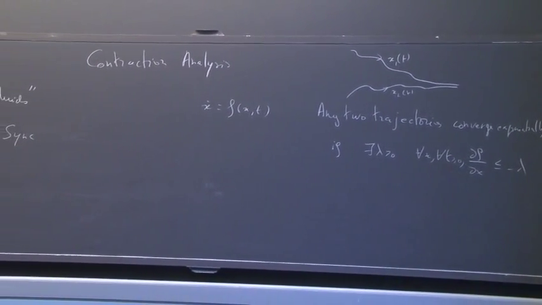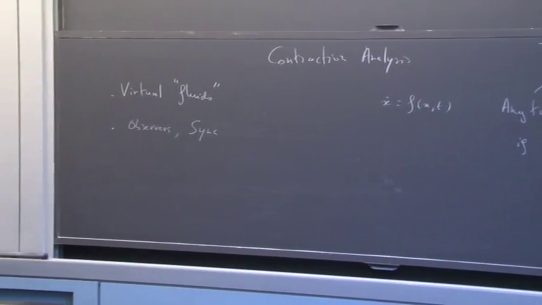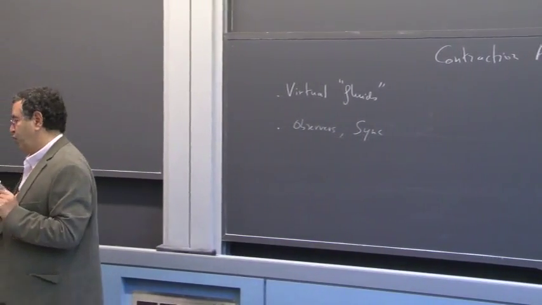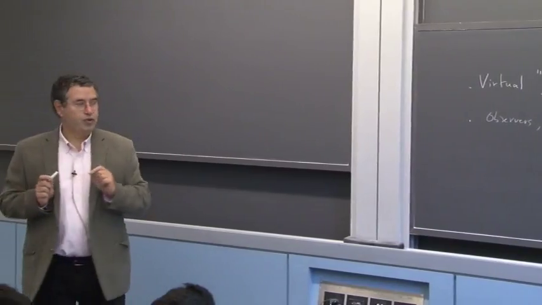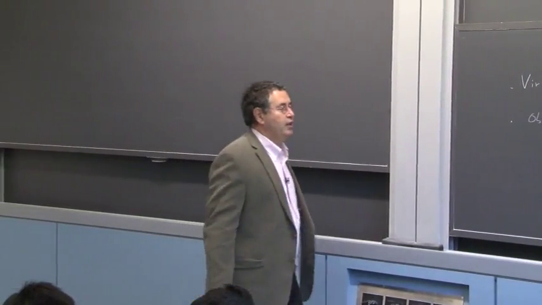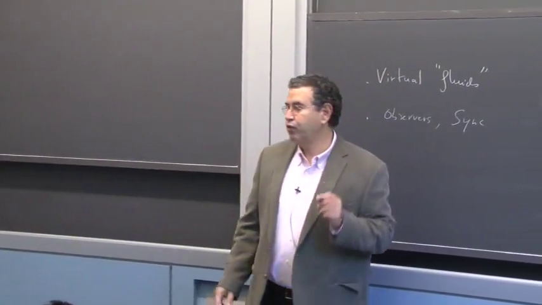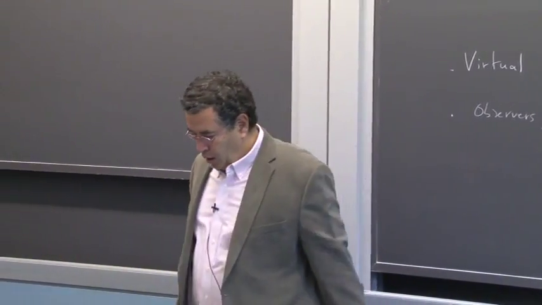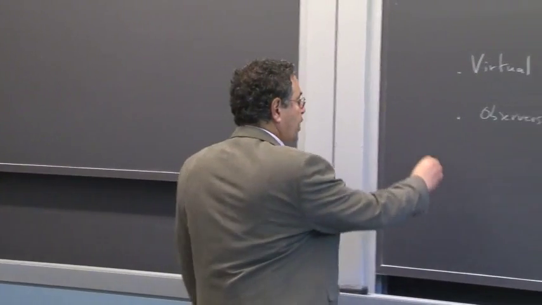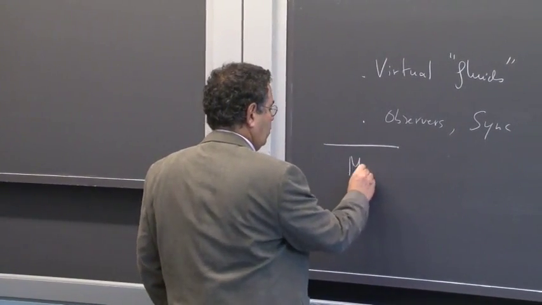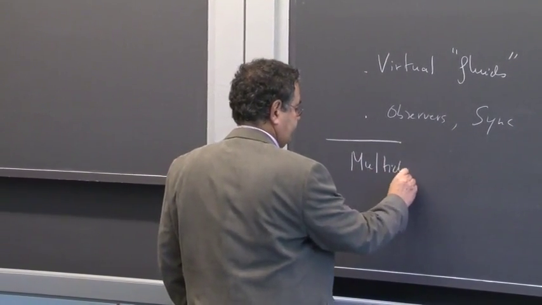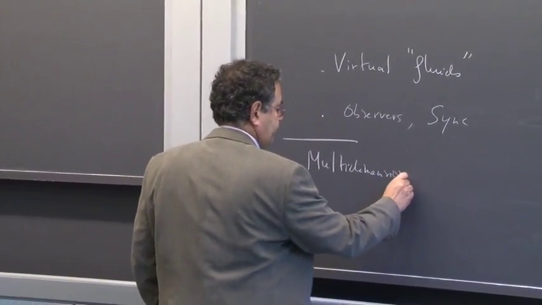Any questions so far on that? Okay, so this was kind of introductory material, all scalar, but it still contains some of the key ideas. All right. So the next question is, how do we get to the multidimensional case? Because this is all scalar.